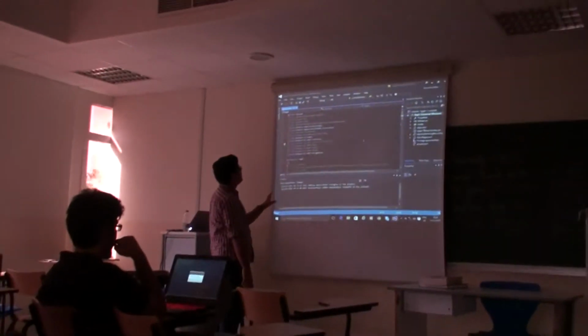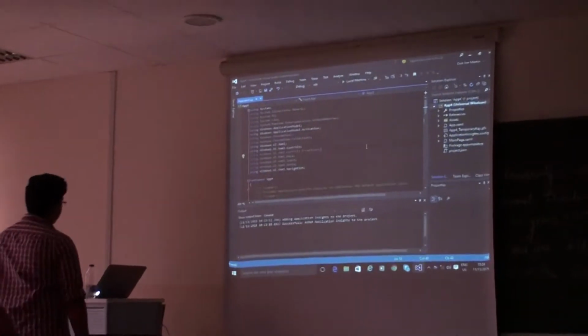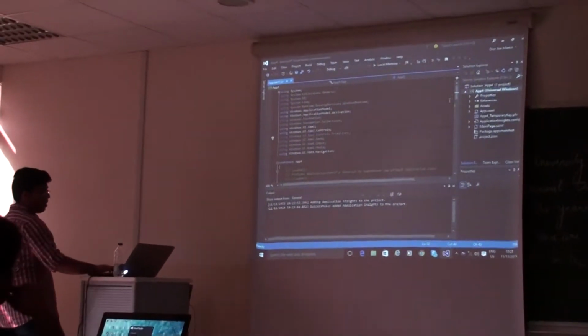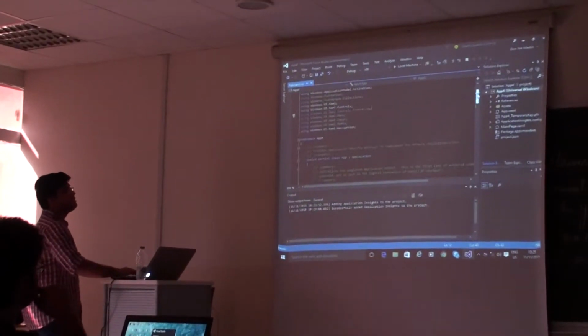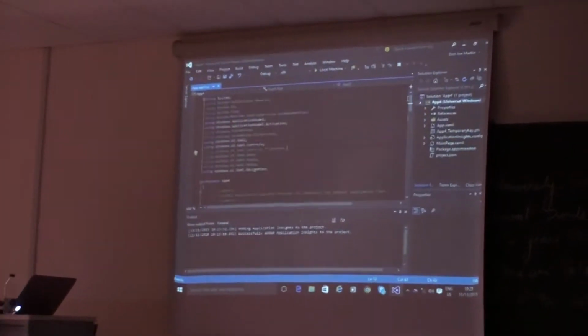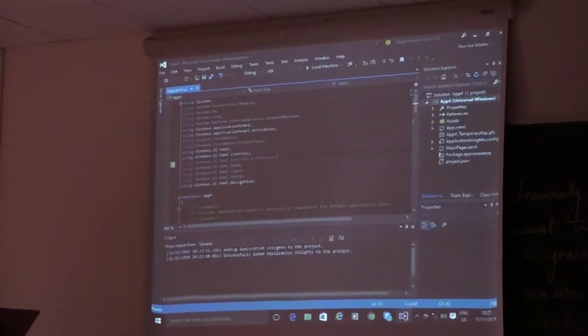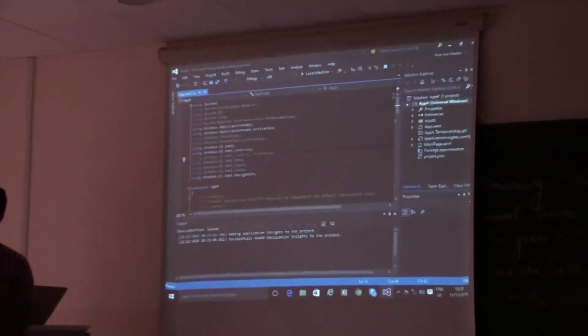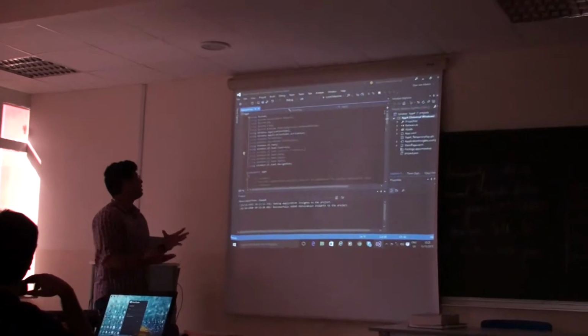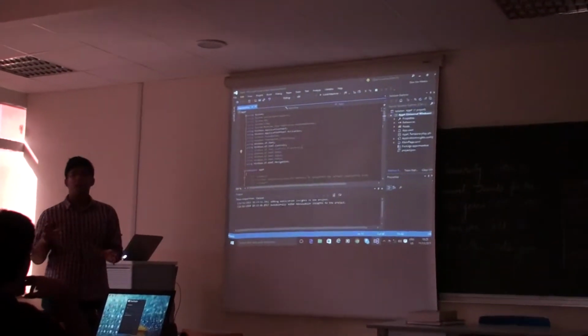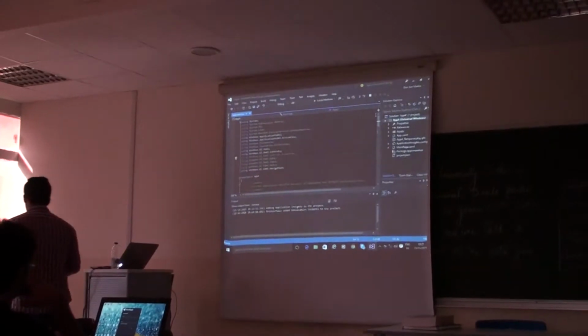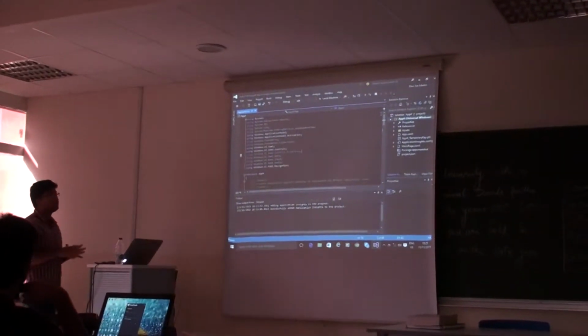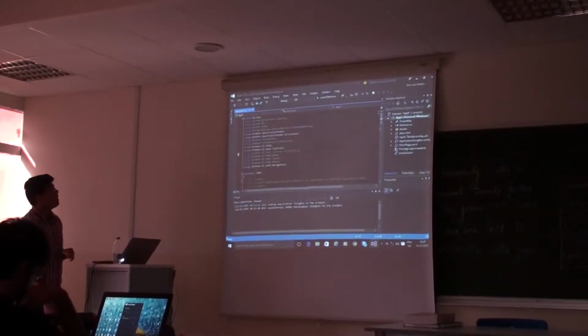Cool. So once you first create an app, this is the first window that pops up. As we said in the Skype session, this code that is already there is built in by default. This is called Template 10, the basic template that Windows provides you for free, without you needing to do half of the stuff that's required. Because every app, irrespective of how you make it, or what capabilities it has, or what it does, this code needs to be there. The only reason it's given to you already as a developer is so you don't need to keep writing it again and again. It's for you to save time.